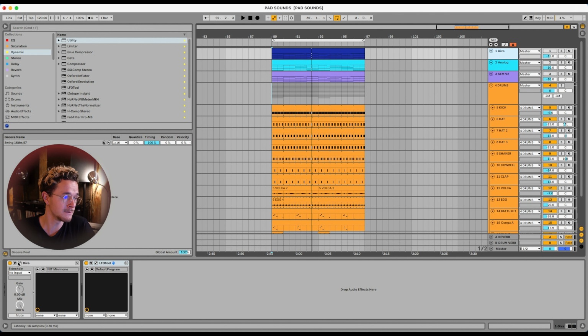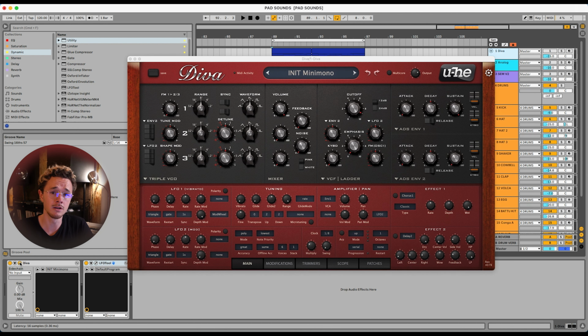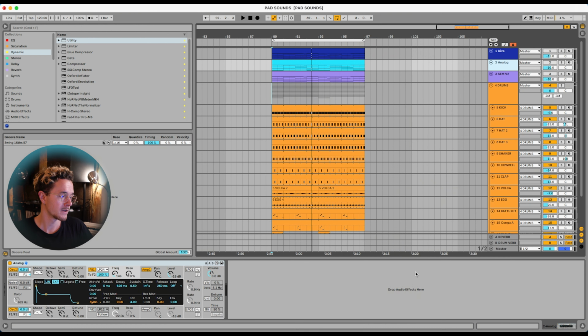The first one is Diva by U-he. I really love this synthesizer. You can use it for a lot of different things. I use it for bass, I use it for lead sounds, but this time I want to use it for a pad sound. Now, the second synthesizer that I want to use is Analog by Ableton, because if you don't